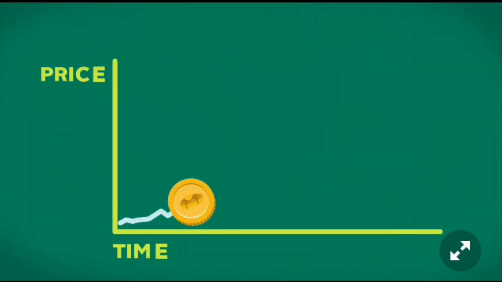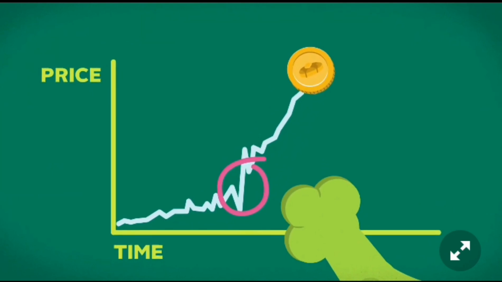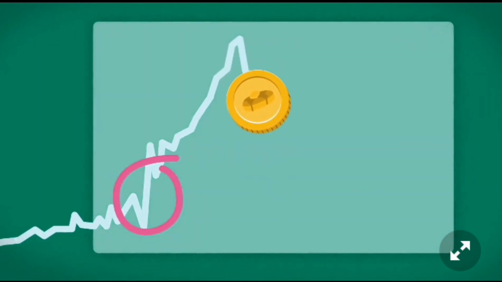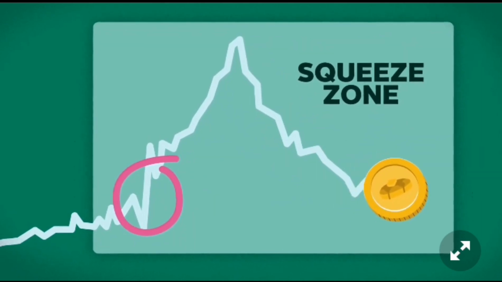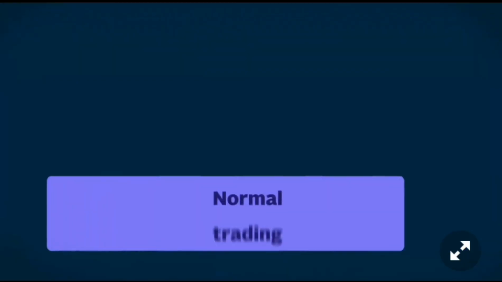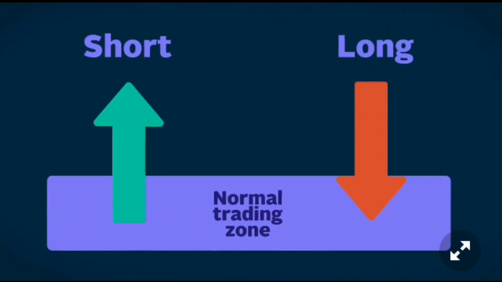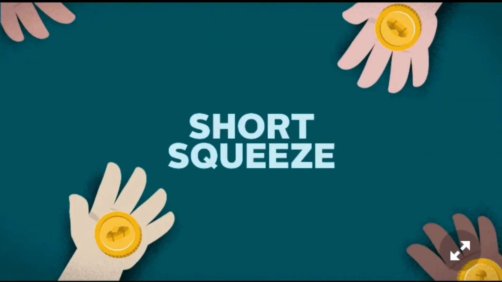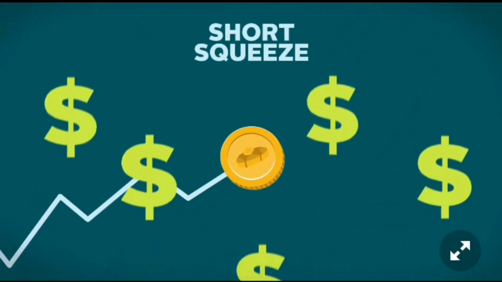At the end of the day, John spends more time at the bank than he predicted. In the same way in trading, squeezes happen when the price of an asset goes against the trader's predictions, forcing them to close out their positions and eventually prompting a rapid rise or fall in the asset's price. Generally, there are two types of squeezes: short squeezes and long squeezes. A short squeeze happens when many investors short an asset, but its price rises instead.